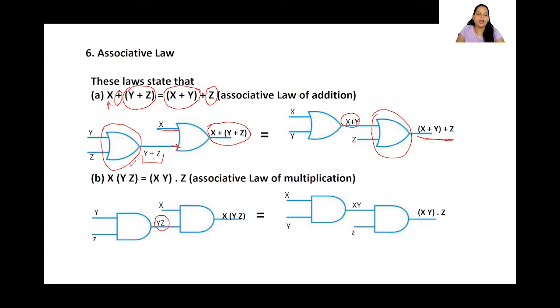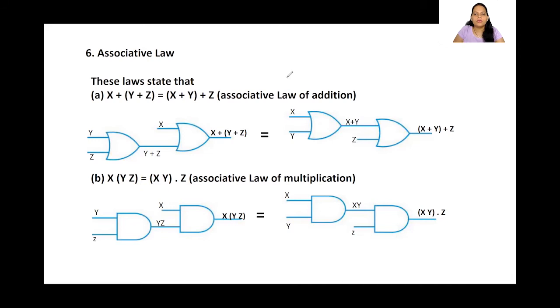And now I'm going to give this and this as an input to another AND operator, hence I will get this. Okay. See this similarly, whichever is there inside the bracket, I'm taking output first, hence I will get this xy, and then along with the z, when I give it as an input to another AND operator, I will get this as an output. Okay, so this is how we write a logical diagram for any given expression.